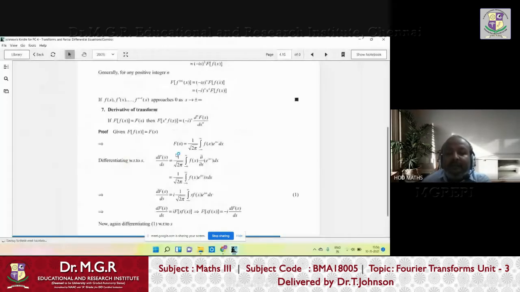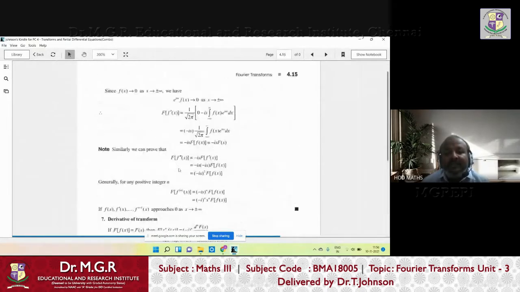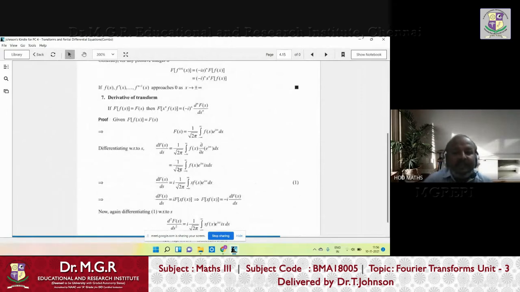And then you can see what is the change after the differentiation with respect to s. One ix is coming out, but still here dx is there. You can't take x outside, so you can take only i outside. So i comes outside and x is inside, and x is multiplied with e power isx. Now x f of x is like a function of x.